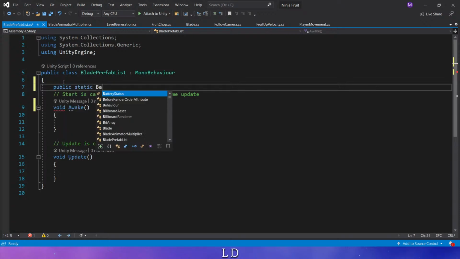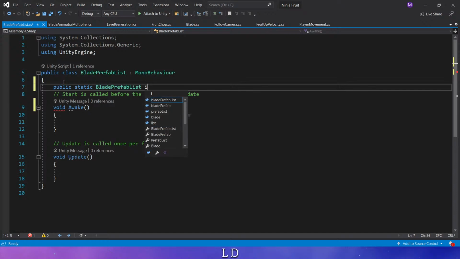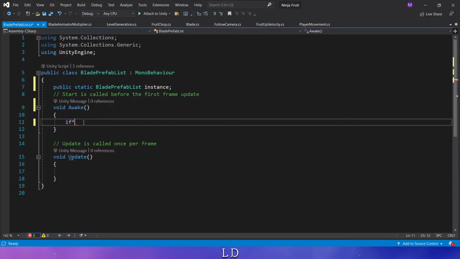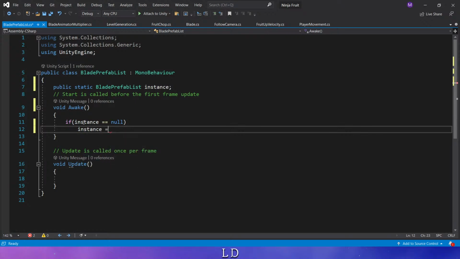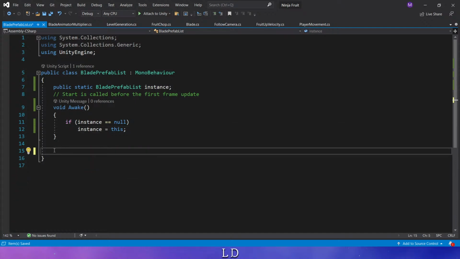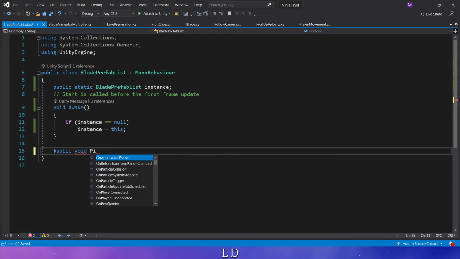Public static BladePrefabList instance. If the instance is null, then we say instance equals this. Cool. With this, we need to create just a function: public void PickRandomBlade,